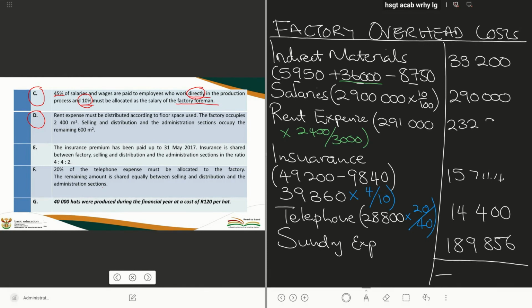Make sure you have your calculator ready. If you had left it somewhere, make sure you go get it. We want to add everything now. All right? Let's go. We're now going to say